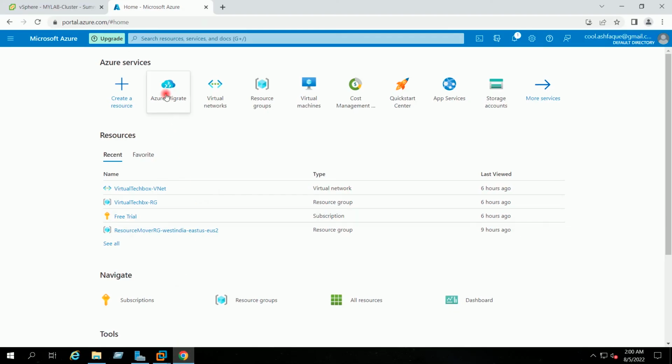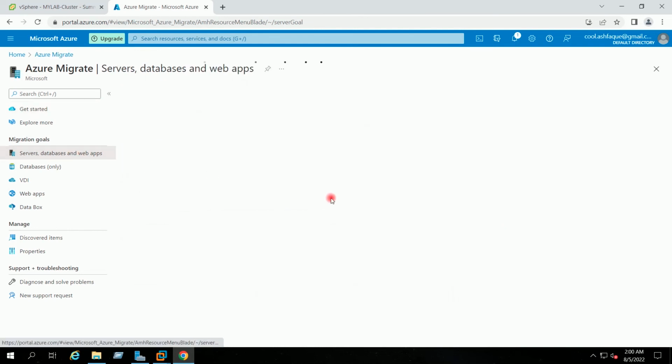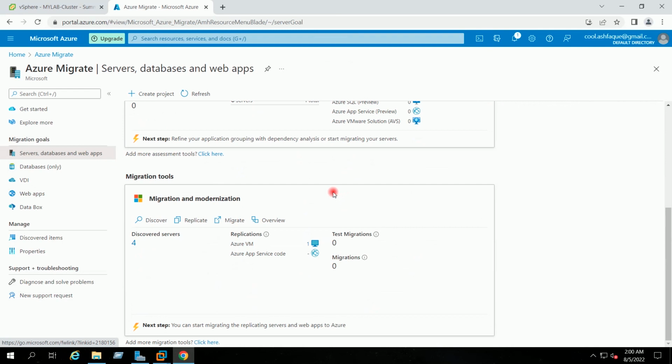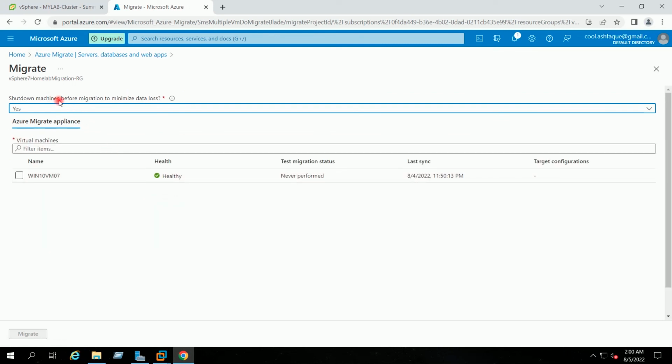I will go to Azure Migrate servers, and under migration tools I will click on migrate. Shut down machine before migration, yes.